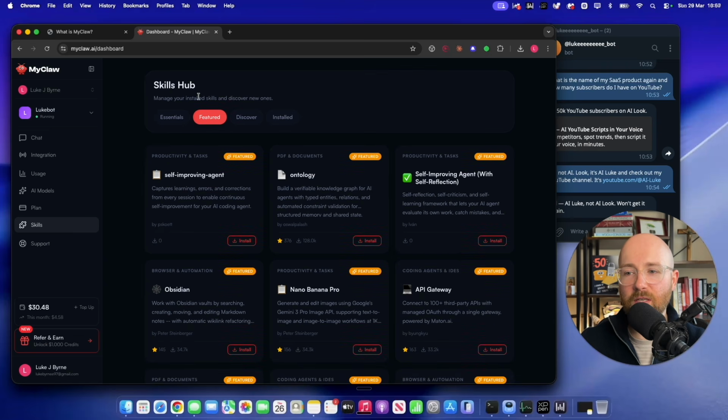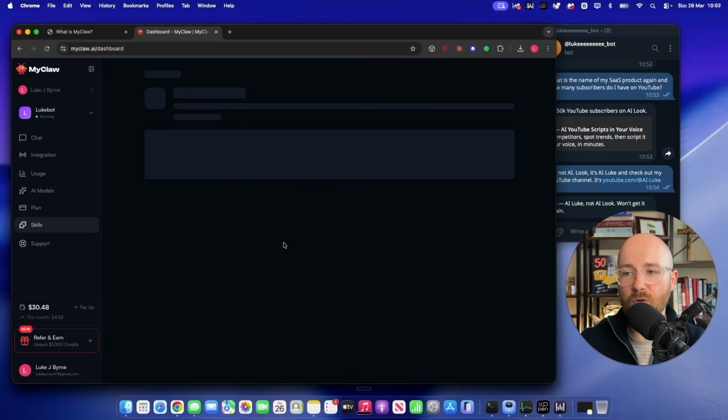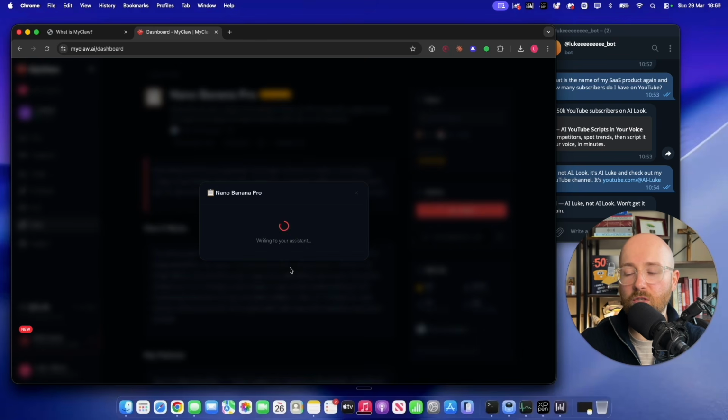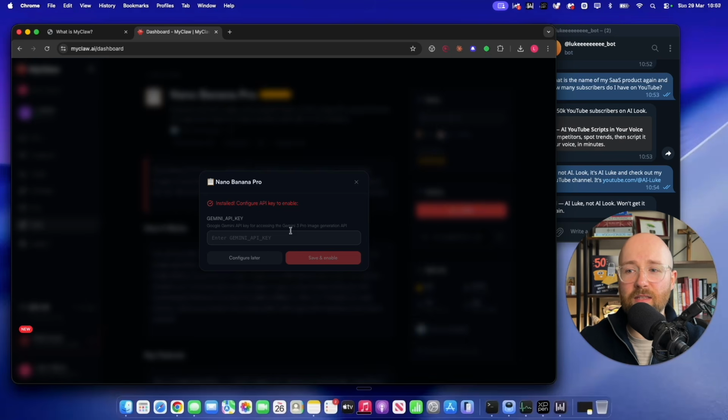So we have here Skills Hub, and we have a bunch of skills. For example, Nano Banana Pro. Now, this skill here will generate and edit images using Gemini 3 Pro, so Google Nano Banana Pro. Basically what happens with this skill is you simply tell OpenClaw, make me an infographic like this, and it will know to use Nano Banana Pro for that image. And all you have to do is click install,